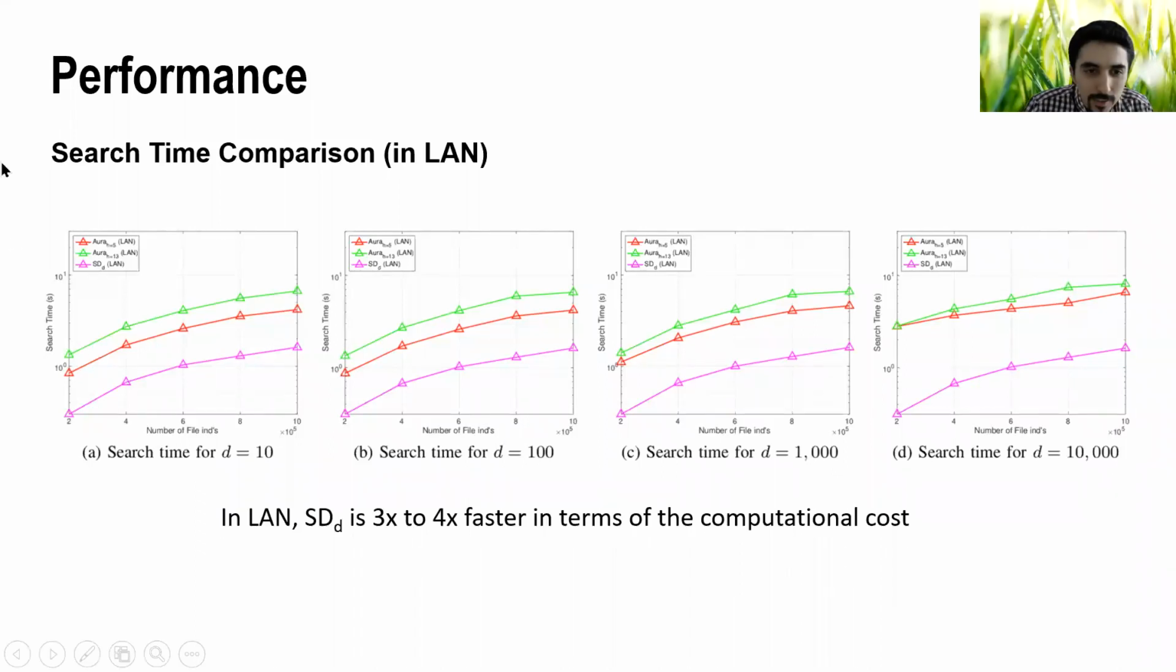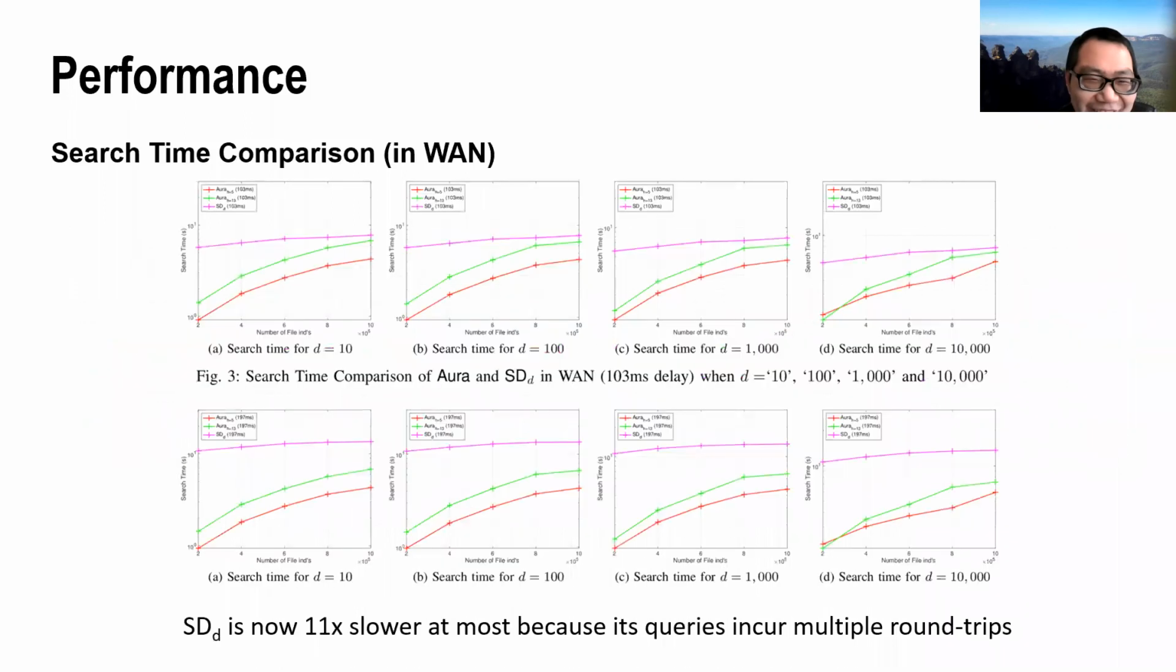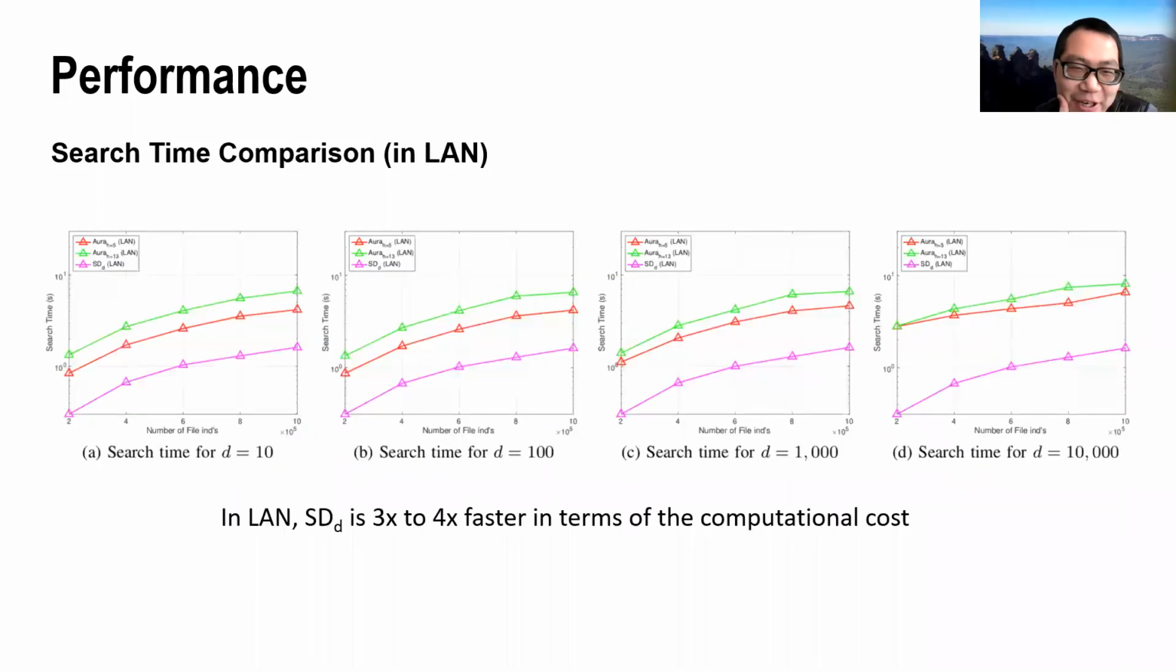But this one, so it says search time. Okay, this one is Aura is slower than STD. Technically, yeah, what you mean is the comparison in one setting, right? Yeah, the other one should be slower, right? Yeah. This is because